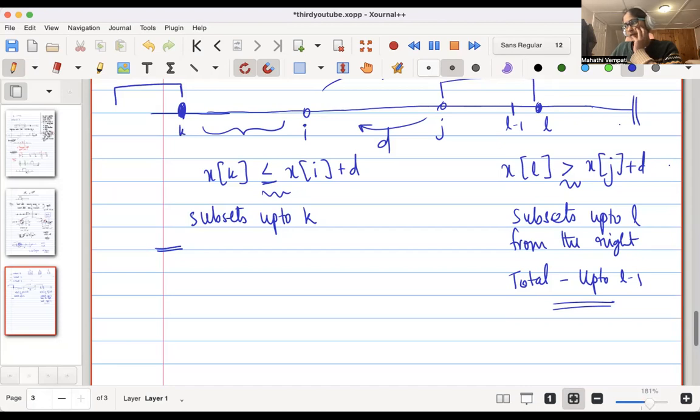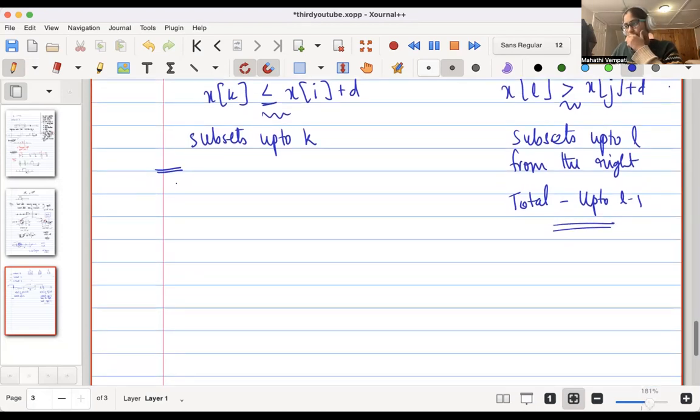If it exists, return that, else I'll return -1. I'll just send the num subsets array also. So I'll have one subsets array, one ans array, then there's x, 2 binary searches,